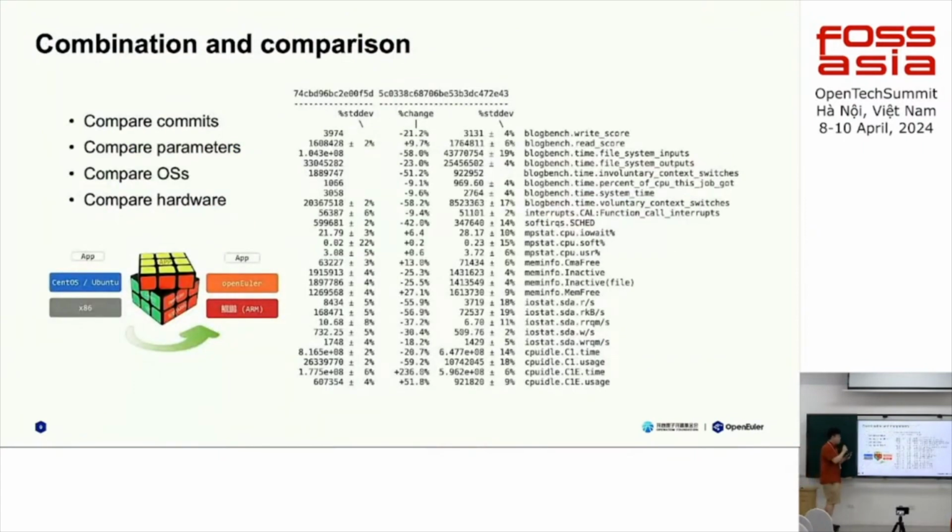And for performance testing, use Compass CI. You could make a good comparison between 2 commits, 2 OS or 2 hardware to find out what difference happens, what the performance change is, like the right picture shows. That is the basic function of Compass CI, and now we